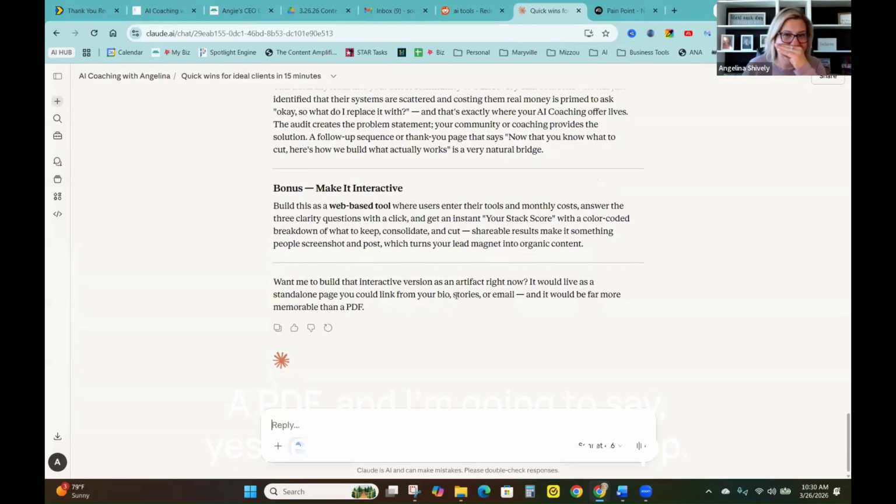It would be far more memorable than a PDF. And I'm going to say, yes, let's make this as an app. It already knows my colors. Use my brand colors